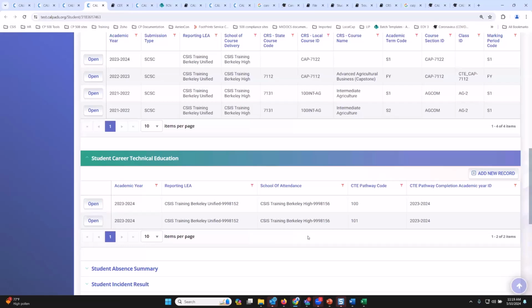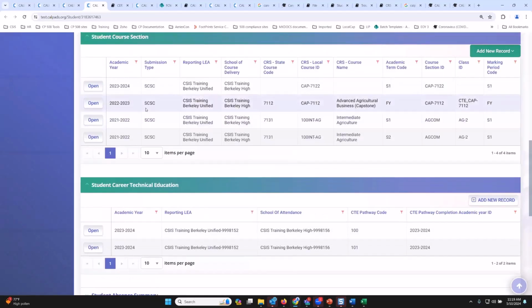So chances are for this, maybe they just submitted the SCSC for the incorrect year, or if the case was that the capstone was last year, but they forgot to claim the student, the only way to do that is to just re-enroll the student this year, add the student in the SCSC record this year.